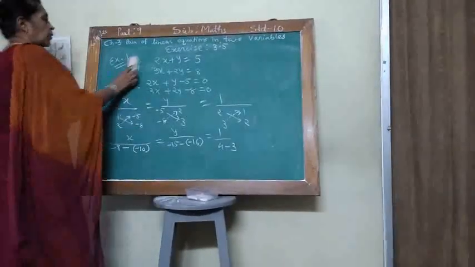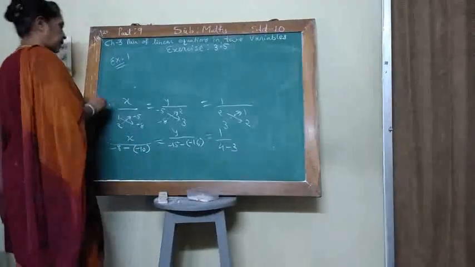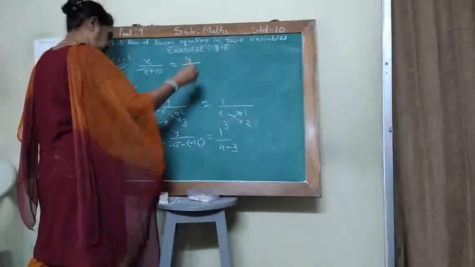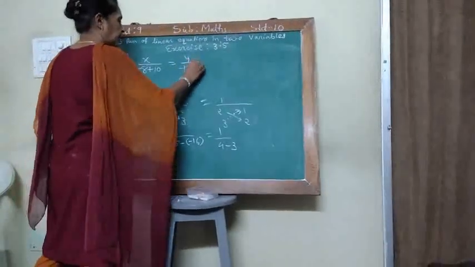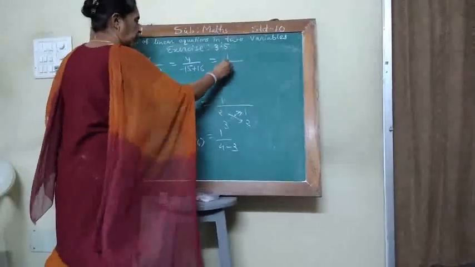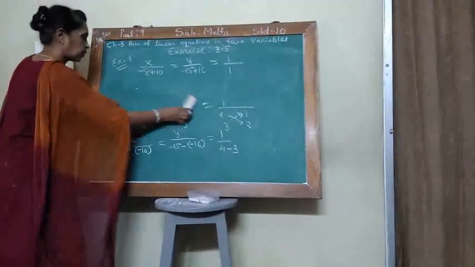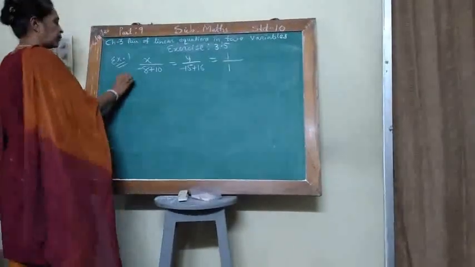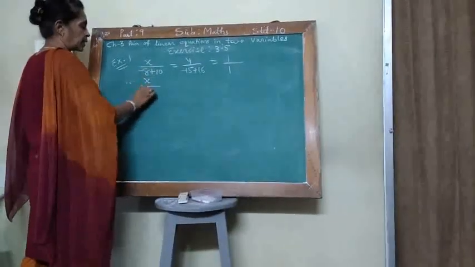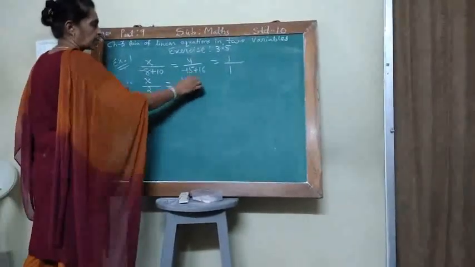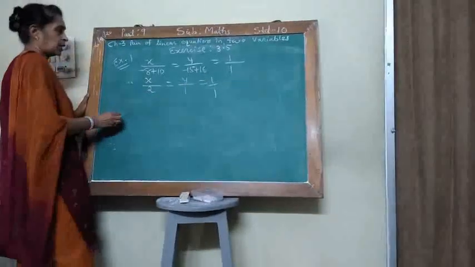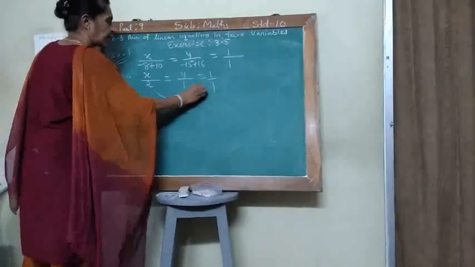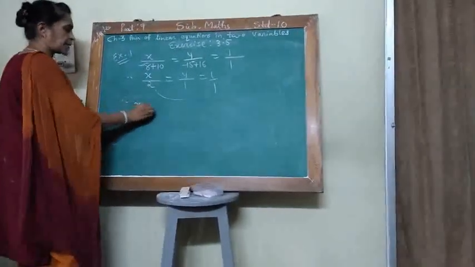And after this, what you have to do, simplify this. X upon minus 8 plus 10, y upon minus 15 plus 16 is equal to 1 upon 4 minus 3, is 1. 4 minus 3 is 1. And therefore, x upon 10 minus 8, 2. 16 minus 15, 1. 1 upon 1. Now see, you get 3 ratios are equal, so what you compare first with last. So you get value of x or not?